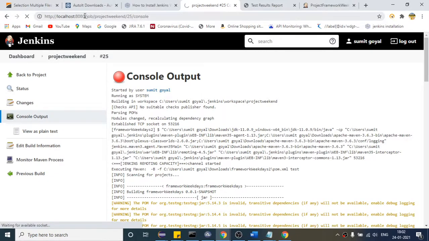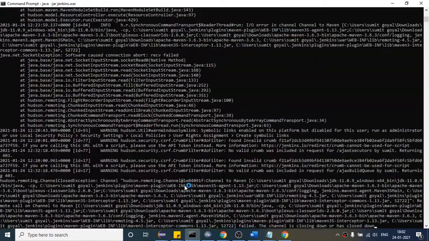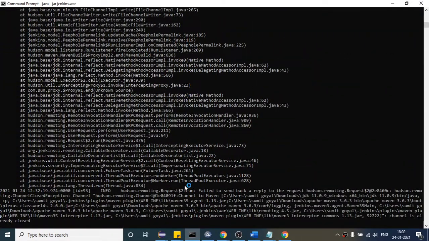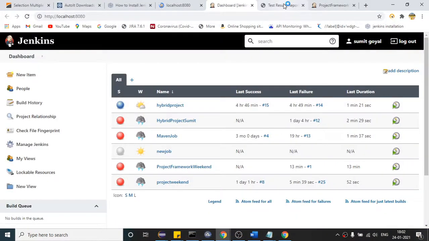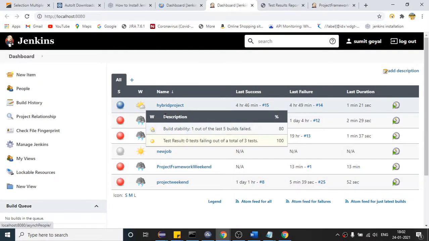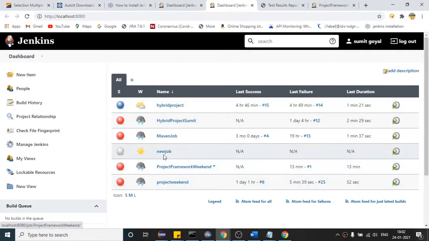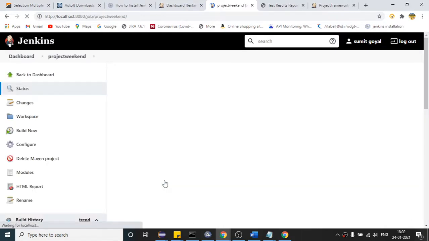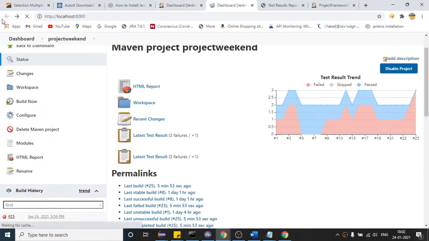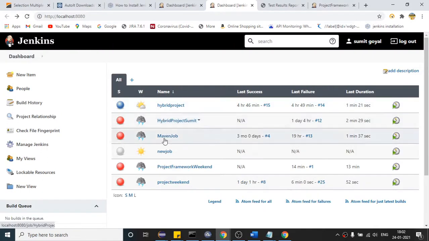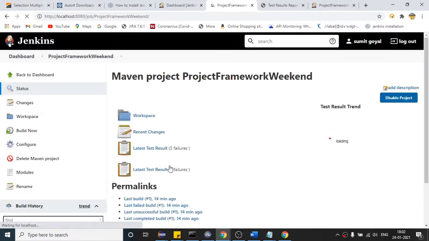Okay, why it is taking more time? What happened? Okay, I don't know what is the issue. Or let us work on this one. I think it has stopped. Okay, so not this one. I think this one. Okay, so now it has stopped. So let us work on this one.